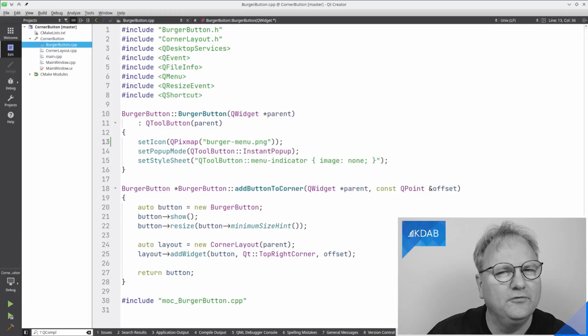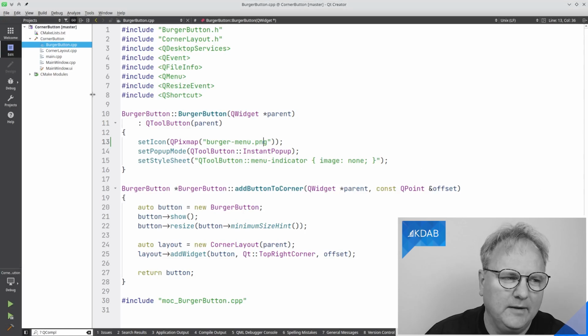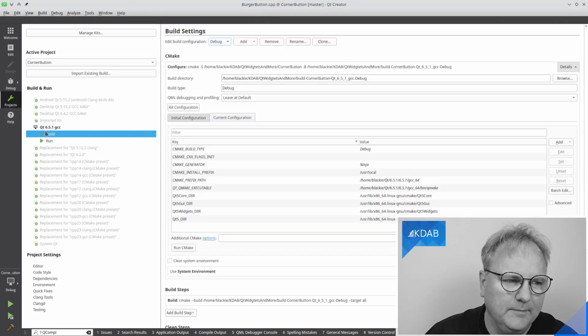If you tried this before, and I'm sure you have, then you'll know exactly what went wrong. If you haven't, well, follow me on my screen now. My project over here, the build is a Qt 6.5.1 GCC, and the build directory is blah, blah, blah, build corner button.